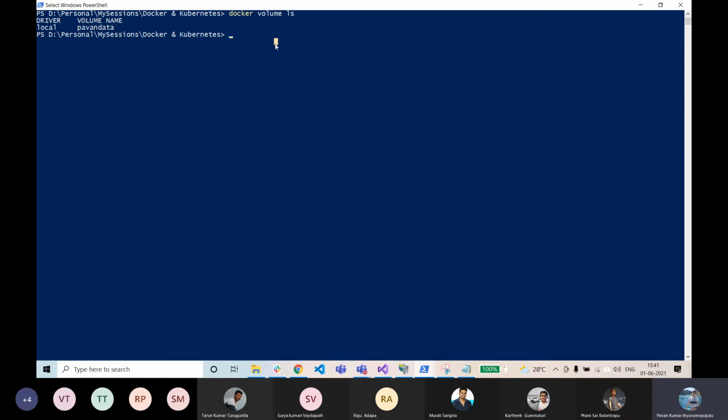Now let me try to create another container from the same image, the Nginx container, and then use this volume, okay, pawan_data. I'll just create another container, web 3, something like that. Previously we created a file in this particular volume, right?